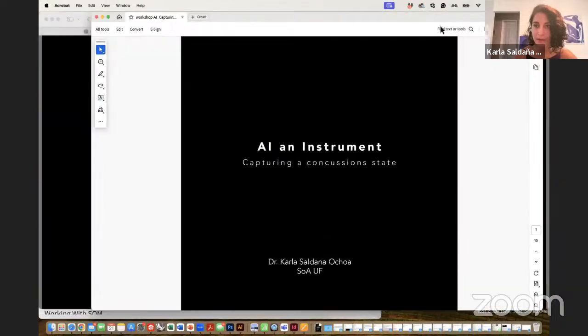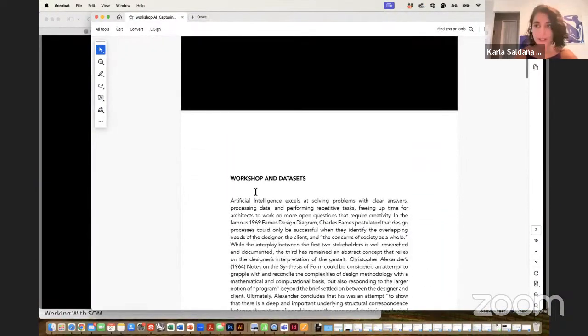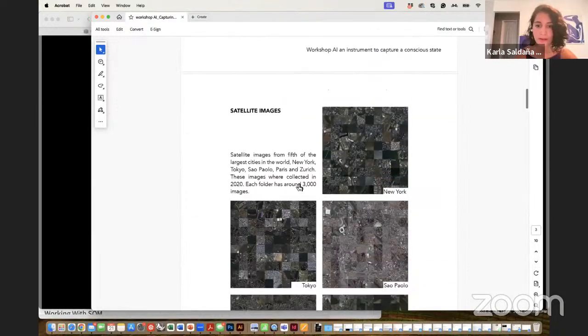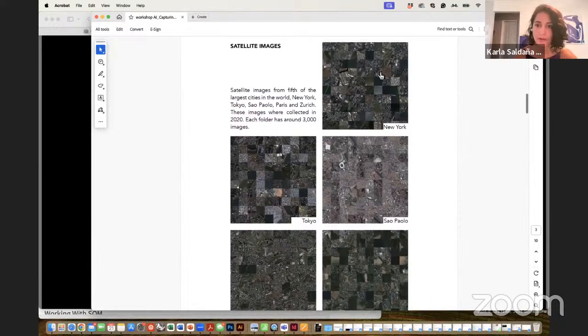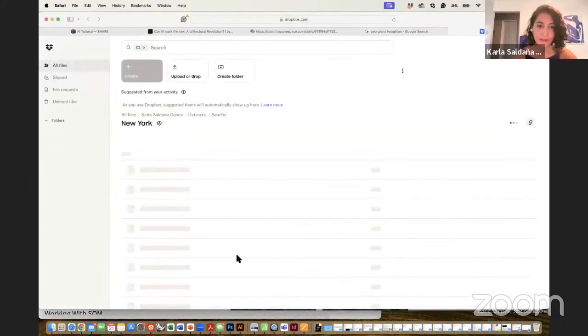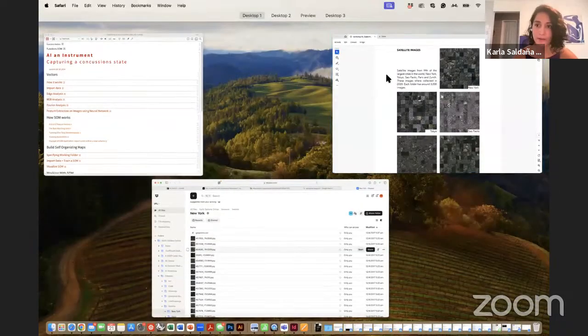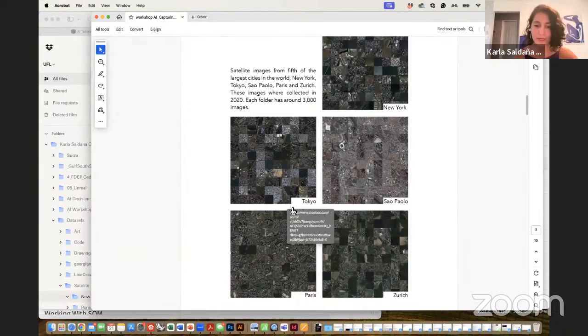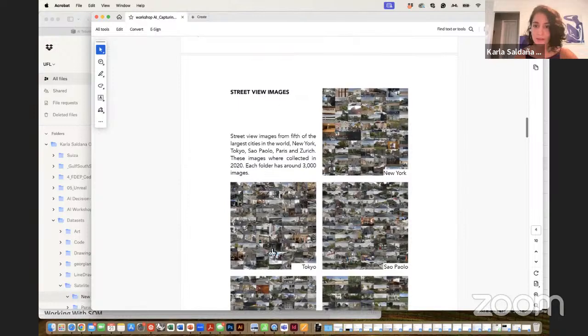If you open it, I have created a list of data sets and a text description of what we're going to be doing today. If you click on any of these images, you'll see a short description of what they are. This data set is about more than 3,000 satellite images of the 5 biggest cities in the world. We have databases of Street View images.